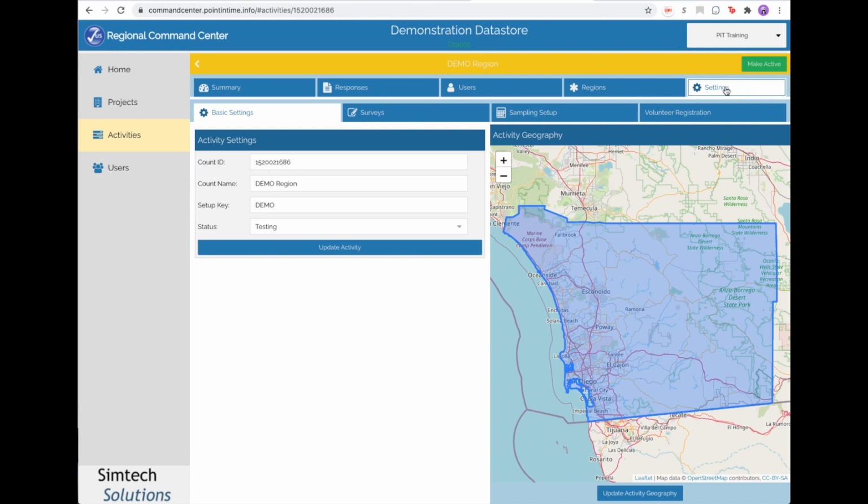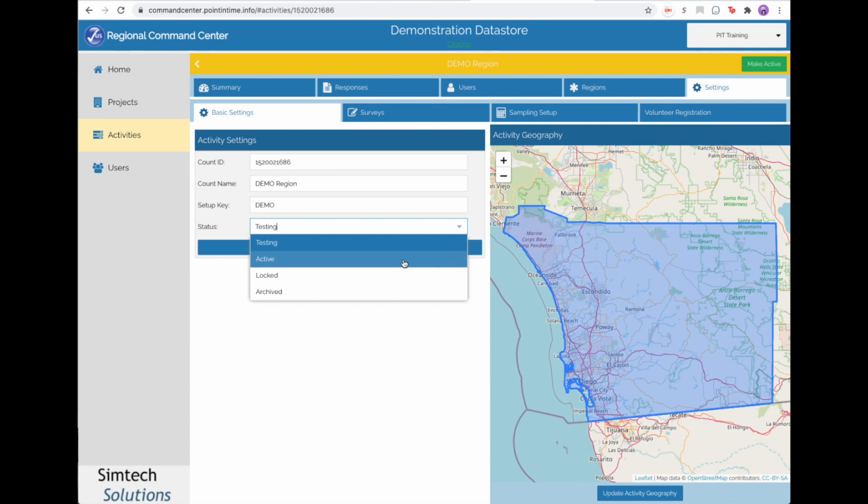This tab is where you can see your account name, your setup key, which you can change, and if your activity is in testing mode, active, locked, or archived. This is another way to make your account active and does the same thing as the green button at the top. When your activity is in testing mode, all of the responses are not counted towards your final HUD PIT